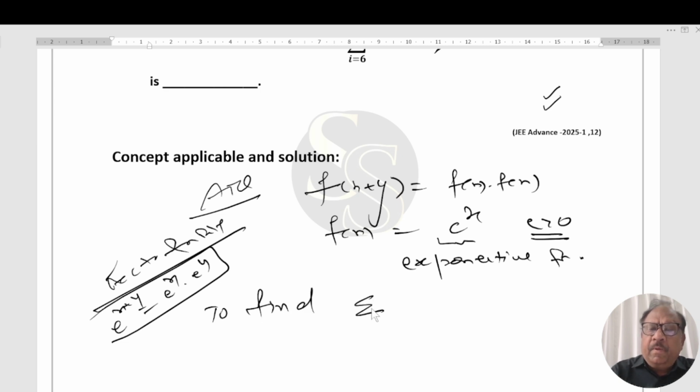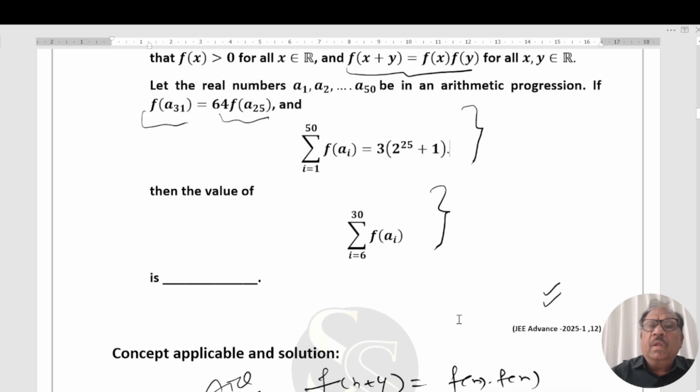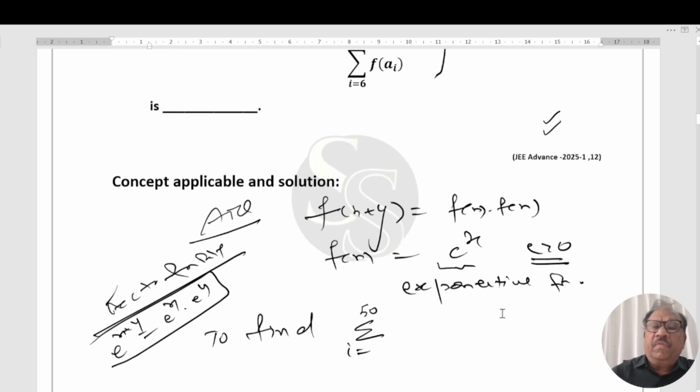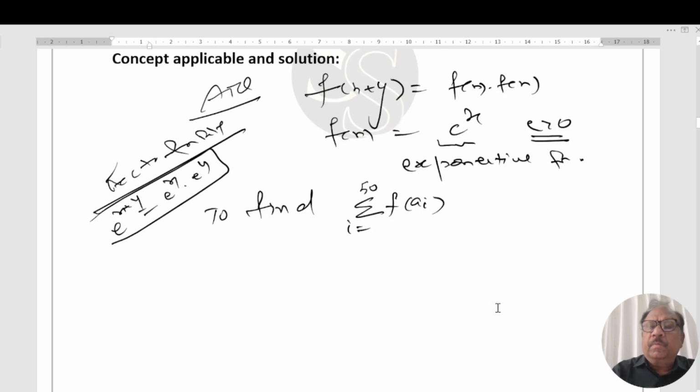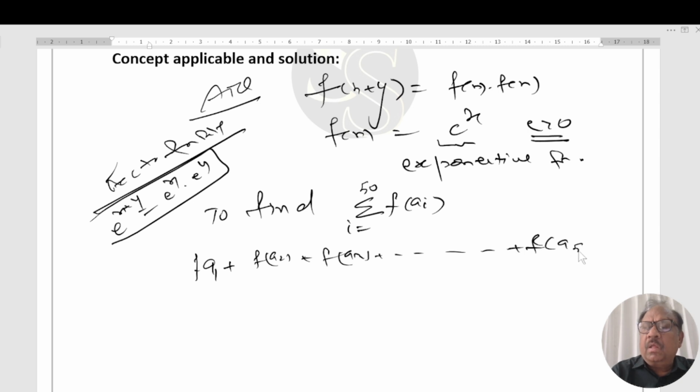Now, to find the summation for i equal to 1 to 50, this is given to be f(a_i), that is f(a1) plus f(a2) plus f(a3) and so on plus f(a50). Let f(a_i) be